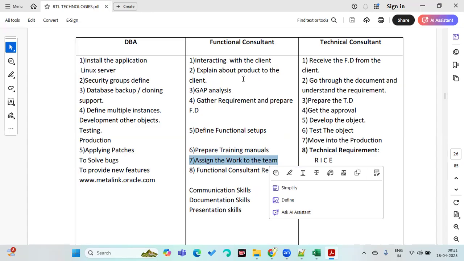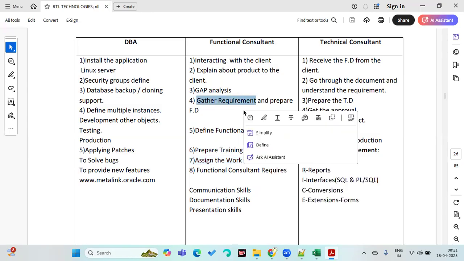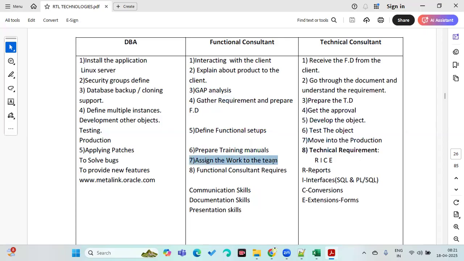He will explain about the software to the client. Then he is going to gather the requirement. For example, the client says that I want to calculate the discount based on the supplier priority, as well as based on the supplier quantity, and also based on the supplier's previous analysis, previous ratings. Based on that, I want to calculate. Means you have to write a program to do all these things. That's a technical job, so he will assign that work to the technical team.